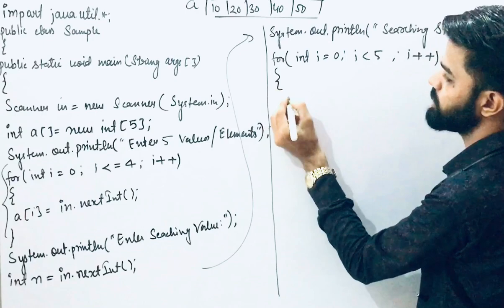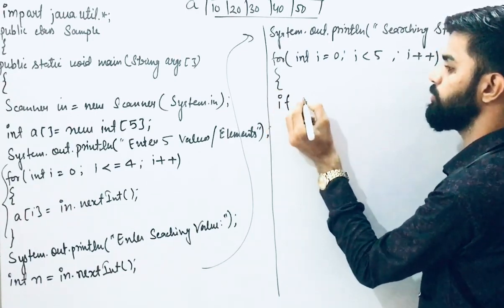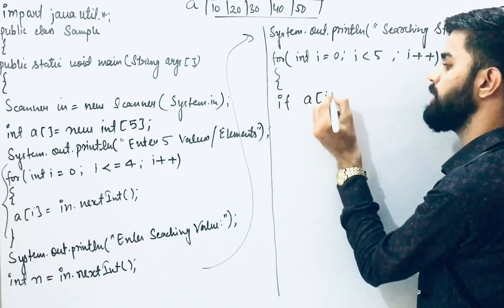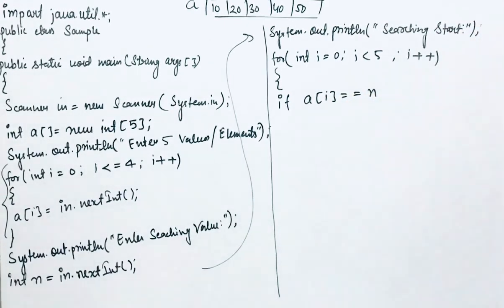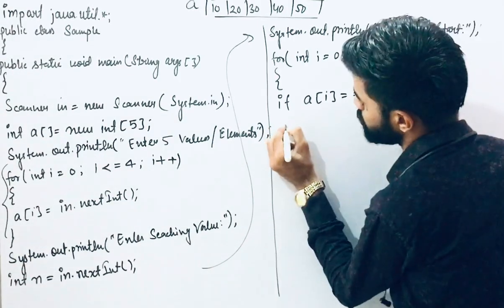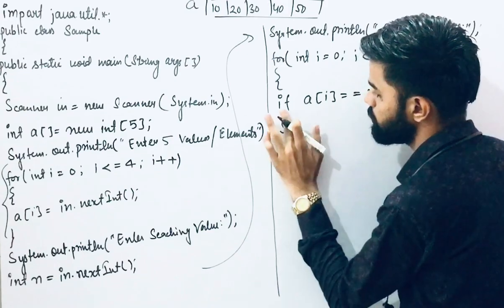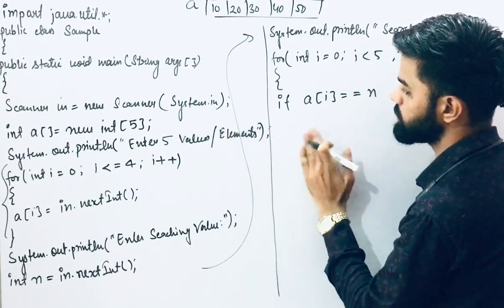And then after this, if a of i is equal to n, it means whatever value is there in variable n, first of all we check if a of i is equal to n. So if the condition is true, then it comes here and prints